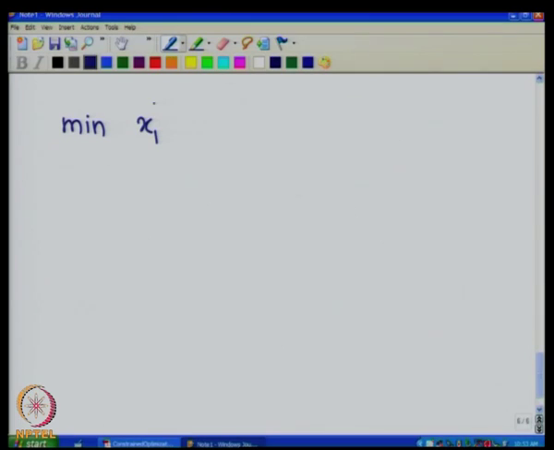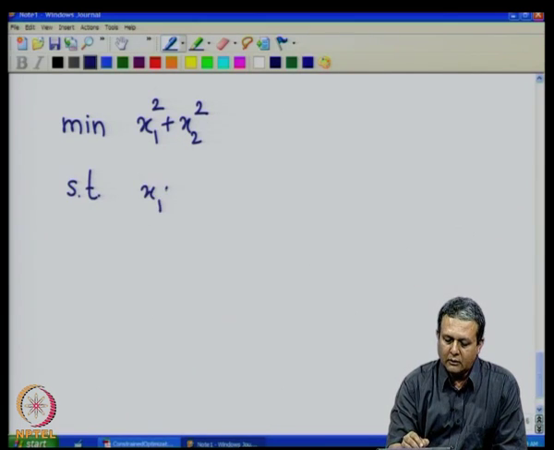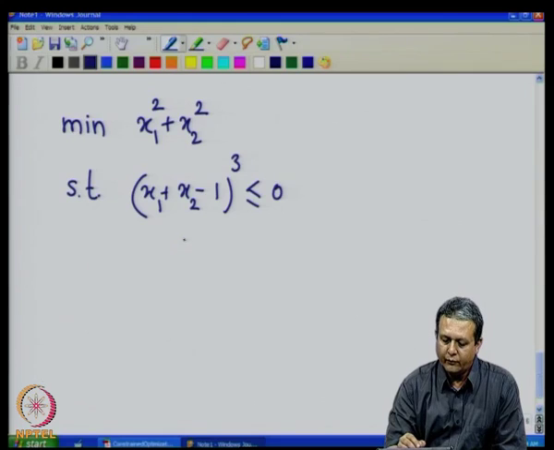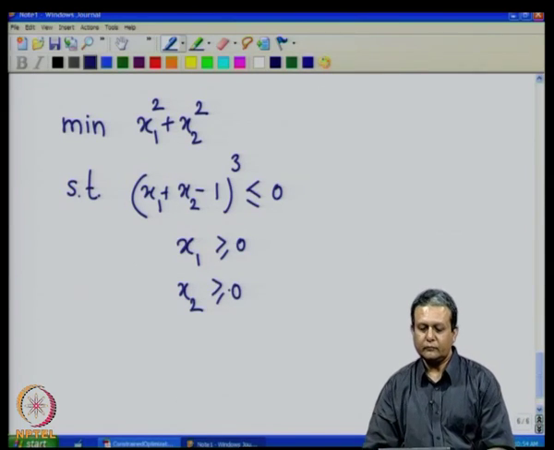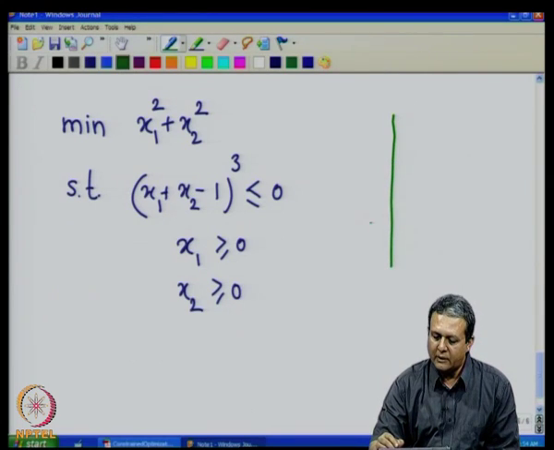So, let us consider a problem: minimize x1 square plus x2 square subject to x1 plus x2 minus 1 whole cube is less than or equal to 0, x1 greater than or equal to 0, x2 greater than or equal to 0. Now, if we consider the feasible region,